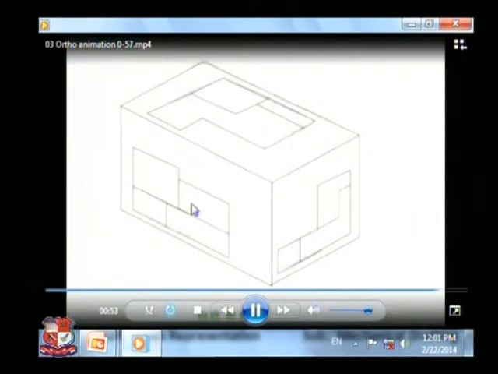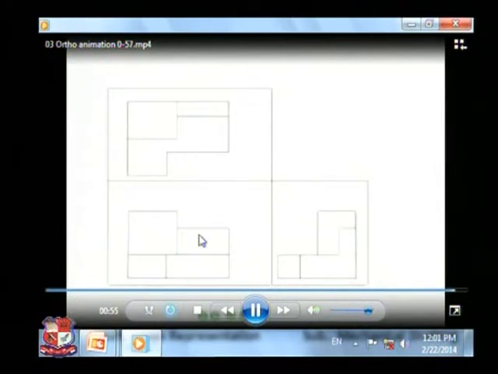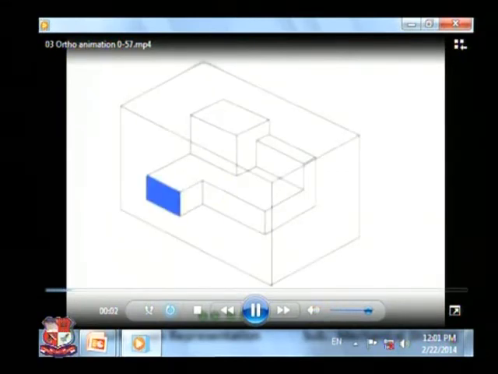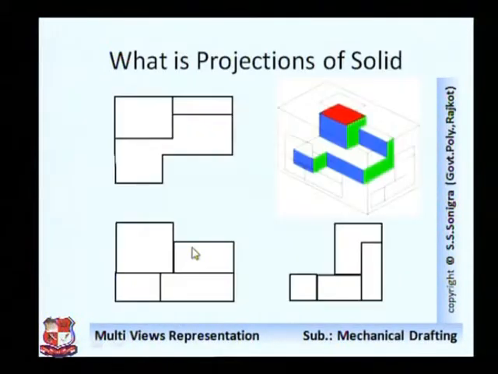Now these 3 views are opened like this. So this is the front view, this is the top view, this is an object. If this object is put inside the box, and if you look from its front side, top side and right hand side, its views will appear as shown over here. If you look from the front side, these blue colored rectangles would appear, so this would be its front view.